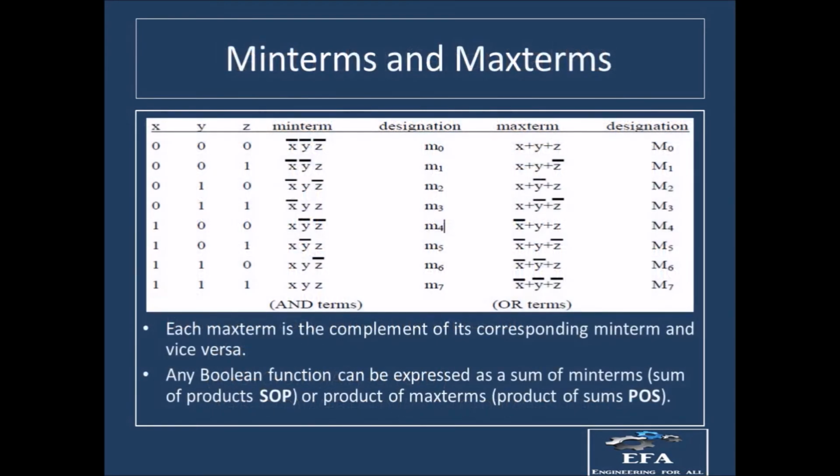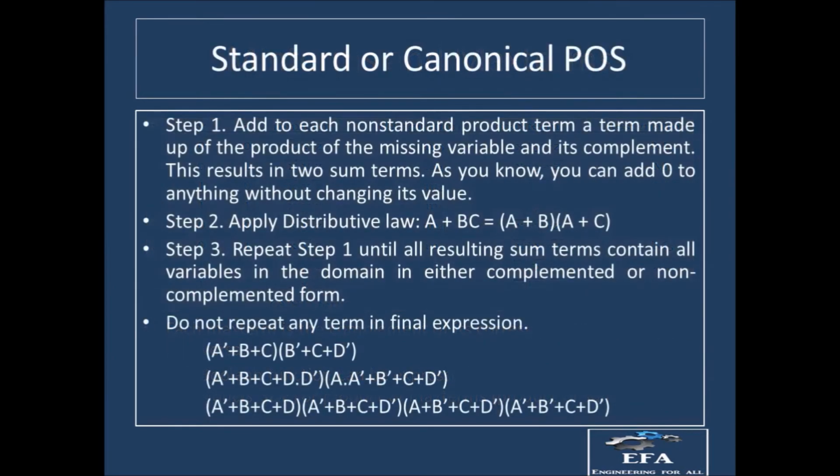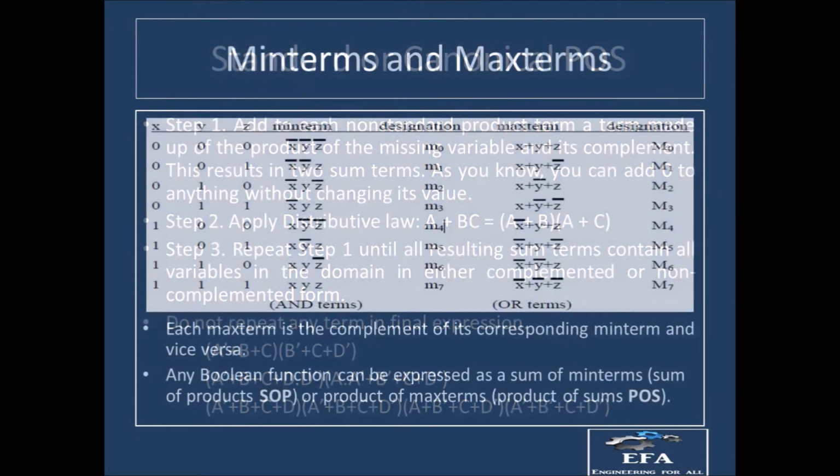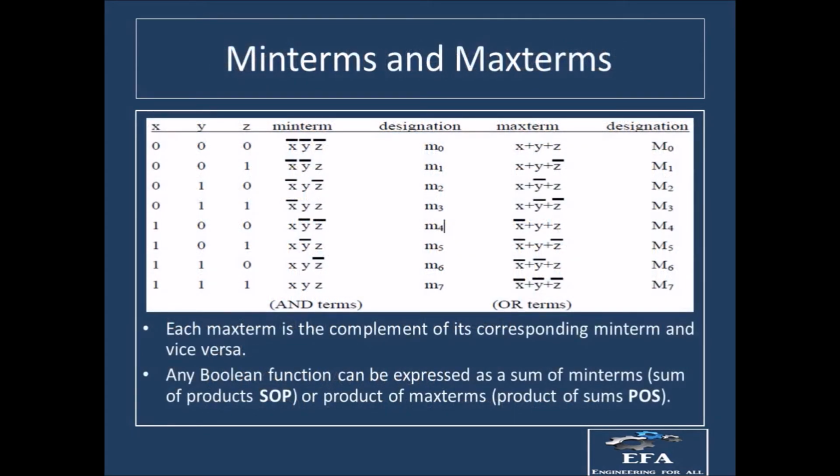Okay, so moving on to the next very important terms, which are known as the min terms and the max terms. Now when we talk about SOP and POS type of expressions, suppose you are given an expression and you are asked to draw its circuit. That circuit will give exactly the same output with both SOP and POS, even when their terms are different. We'll understand this with the help of these min terms and max terms.